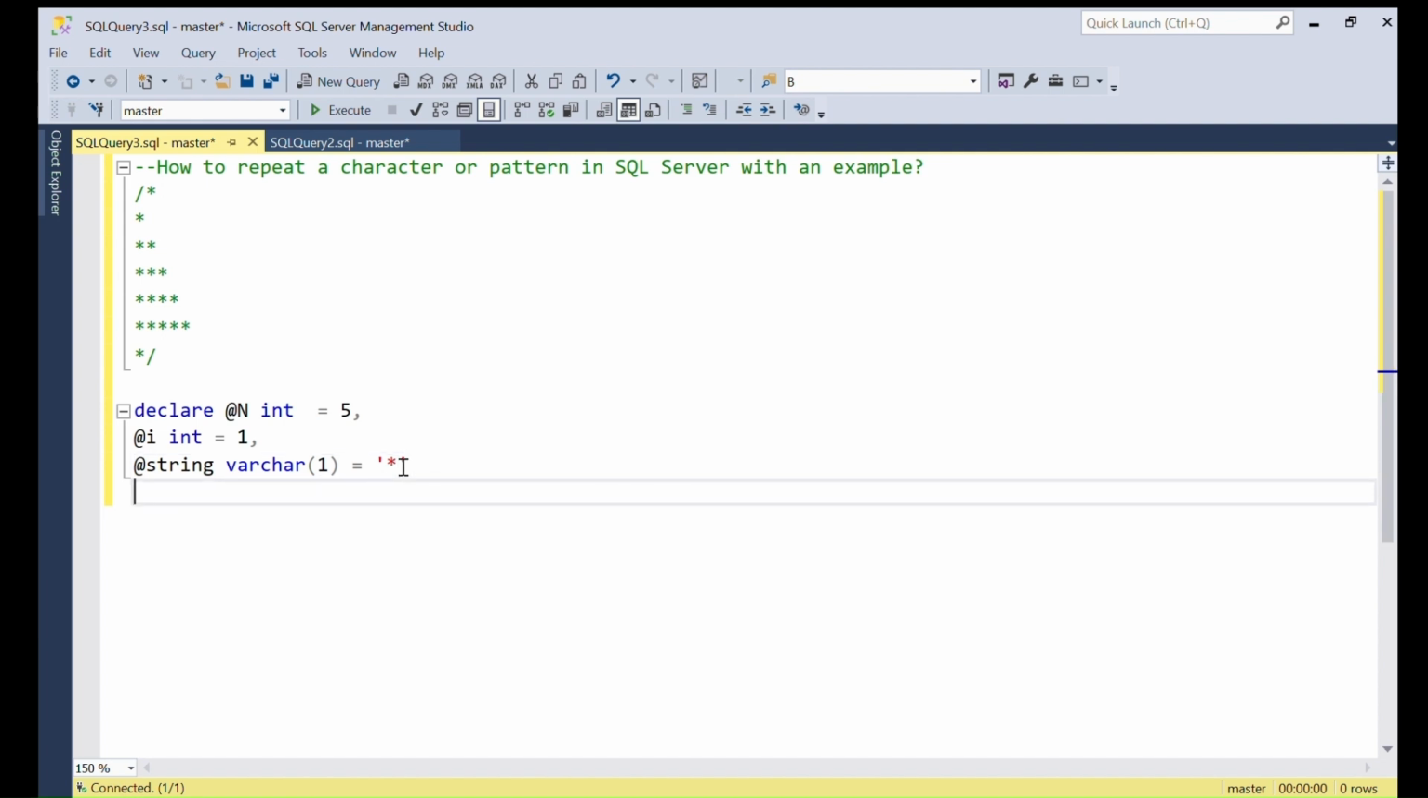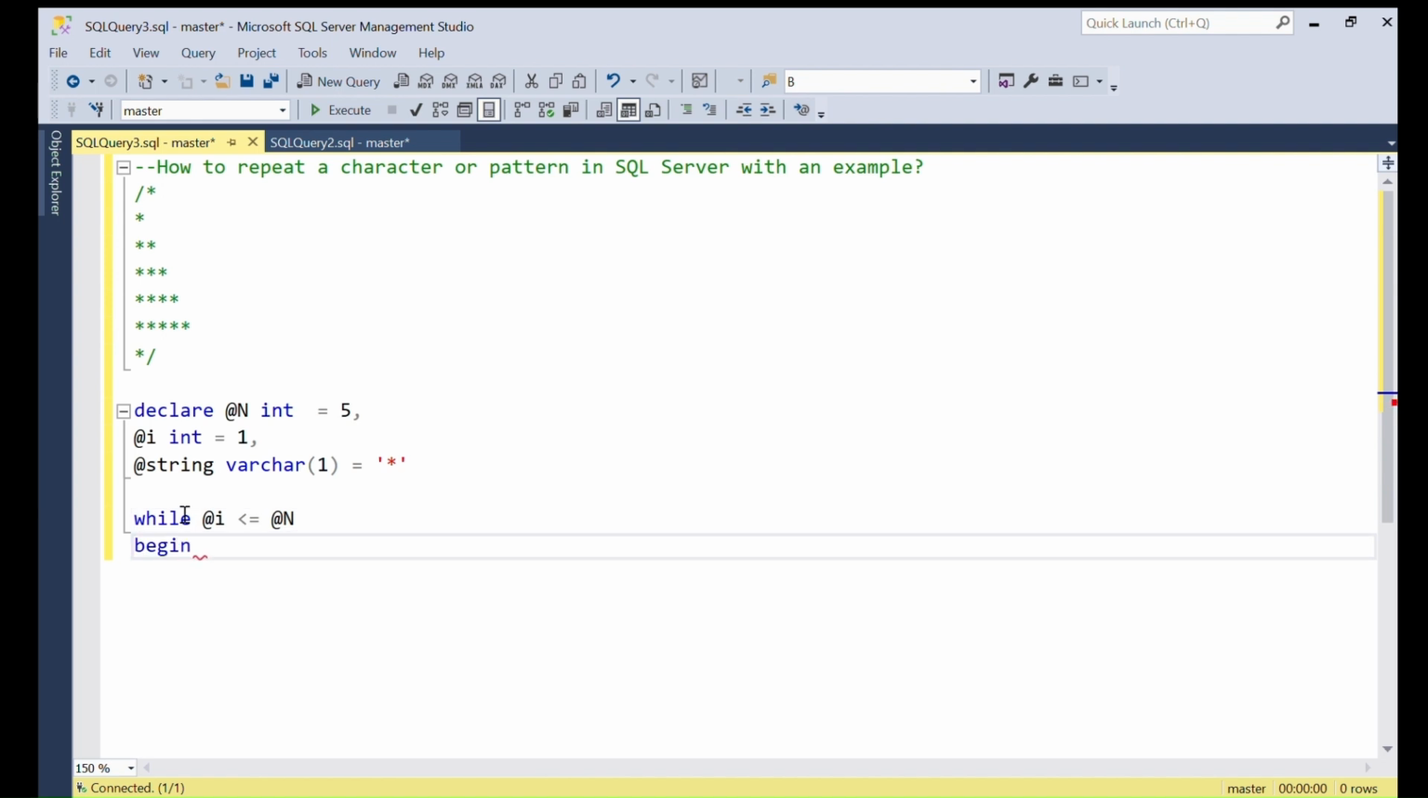We are going to print this pattern using a while loop and a replicate function, which is an inbuilt function in SQL Server. While I is less than or equal to the number of rows. Again, now we are going to use the replicate function. Print replicate